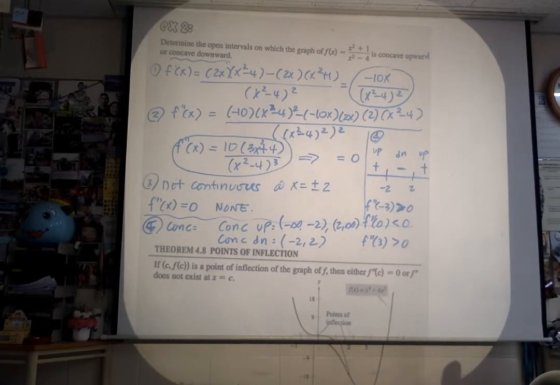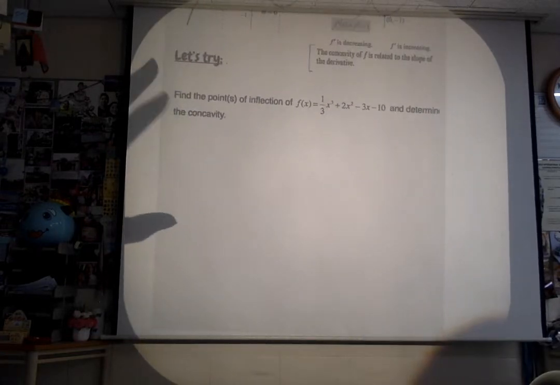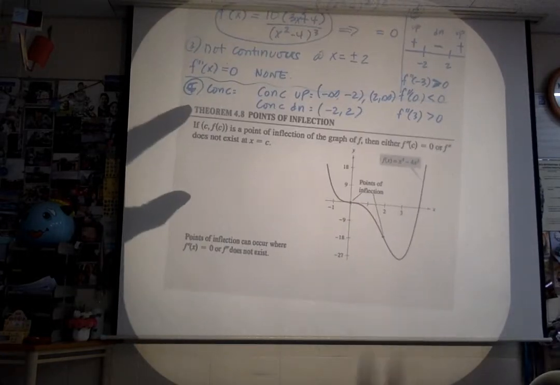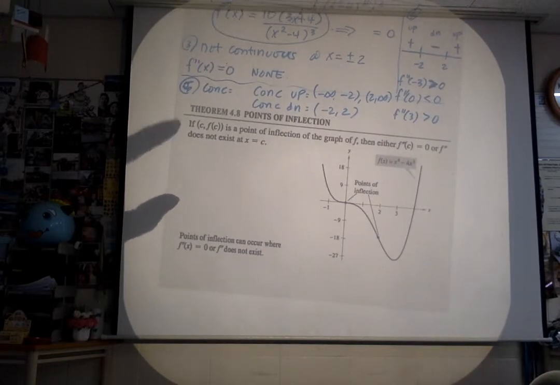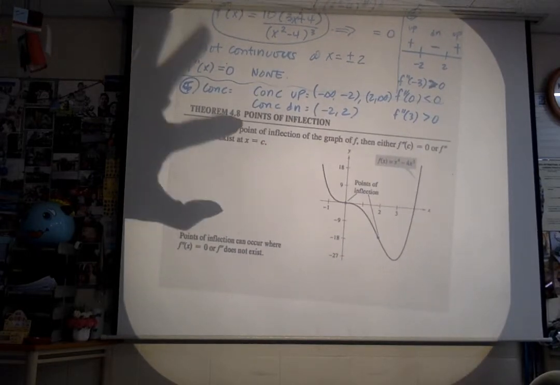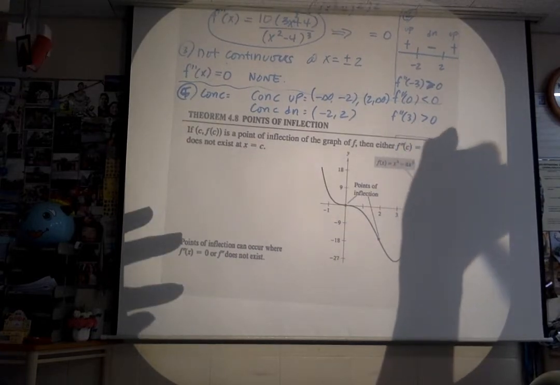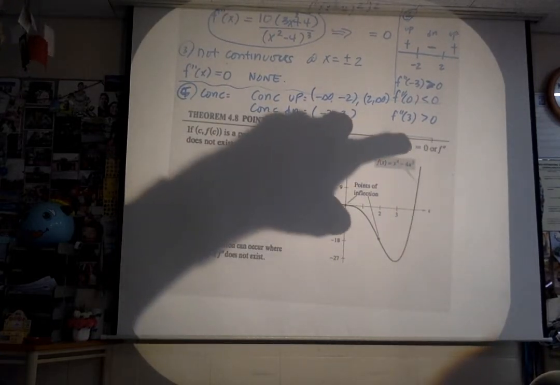All right, I'm going to go back to the former example, example 1. Let's look at that example again. Now you try this one: find the points of inflection. I'm going to tell you what points of inflection means right now. Let's discuss this definition below here, Theorem 4.8, points of inflection. If (c, f of c) is a point of inflection of the graph of f, then either f double prime of c equals 0